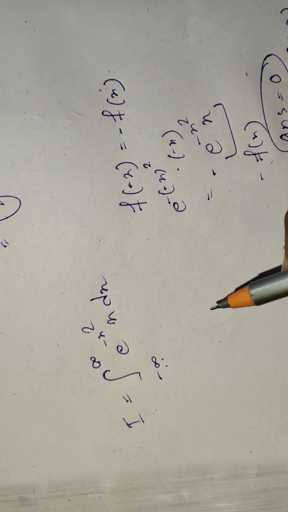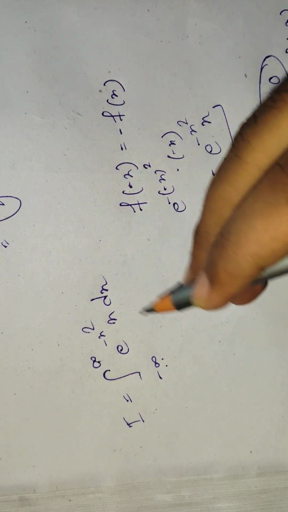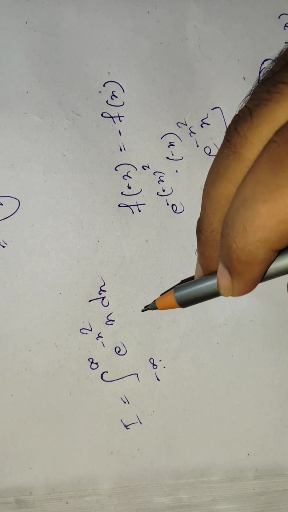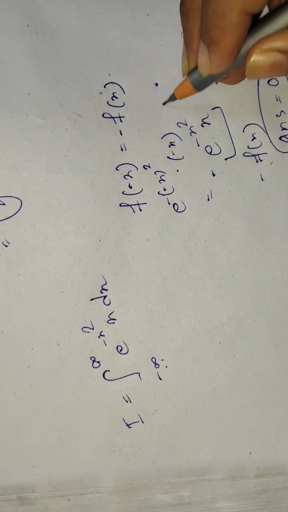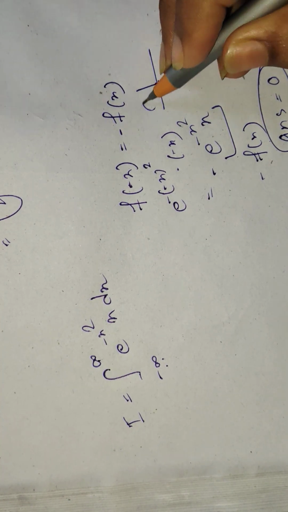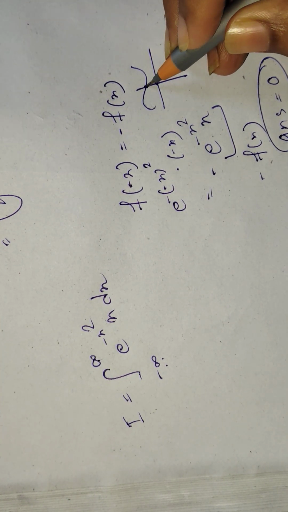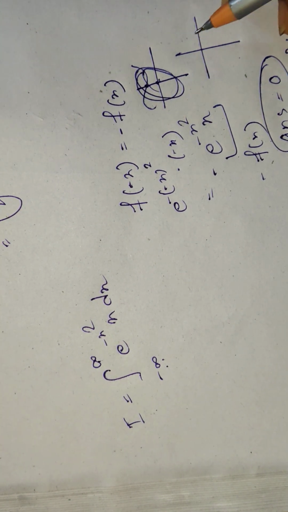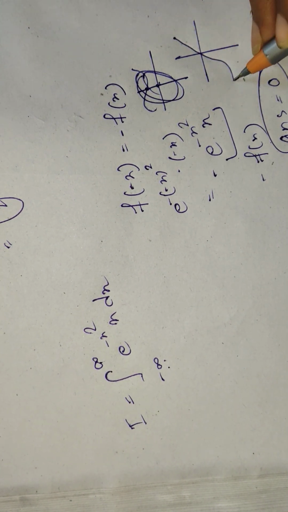So basically, how will we deal with that? First of all, you can see here the function is changing its sign at 0. Basically, let's say this is 0, the function is something like that. So it is changing its sign at 0. Sorry for a mistake, the function is not like that. The function is something that